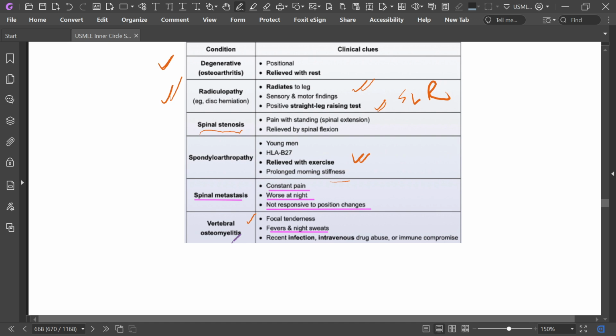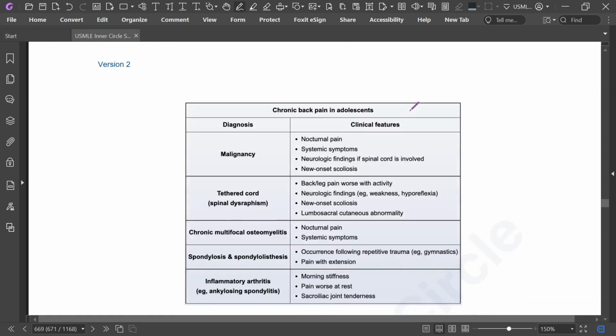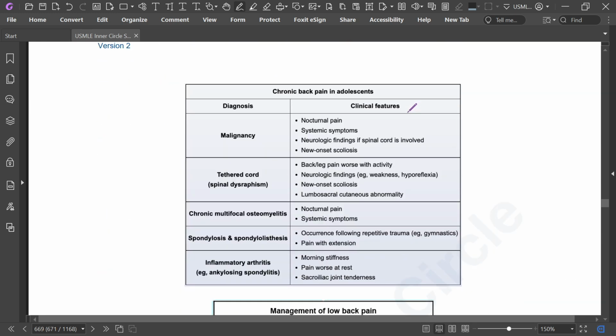Fever and night sweats, focal tenderness. Recent infection, IV drug use, and immunocompromise. Okay, chronic back pain in an adolescent: if it is nocturnal pain, systemic symptoms, or a neurologic finding, the spinal cord is involved, with new onset scoliosis, tethered cord,